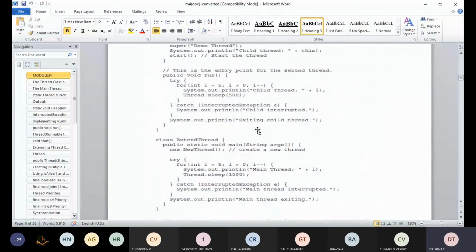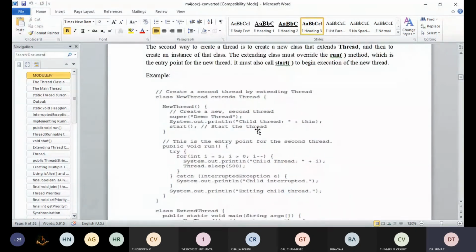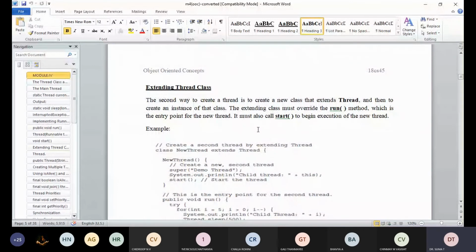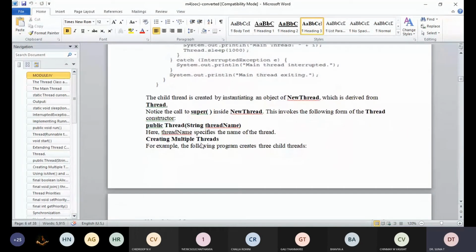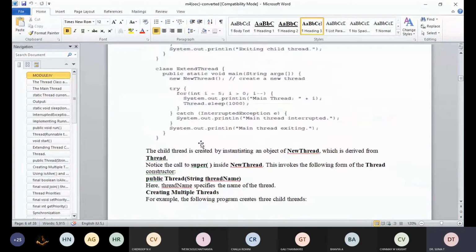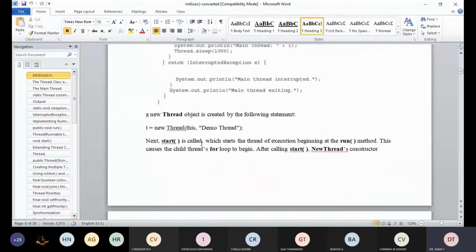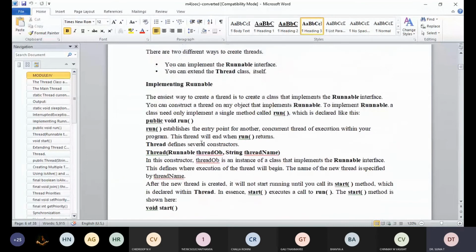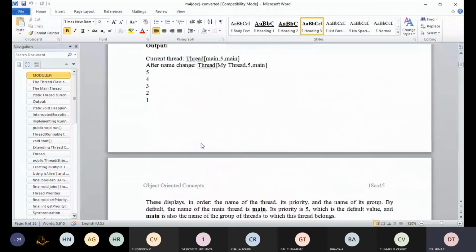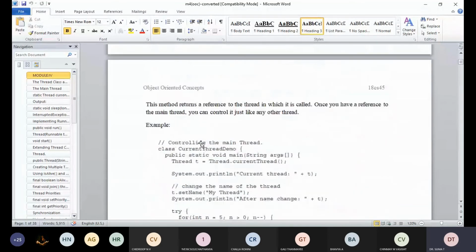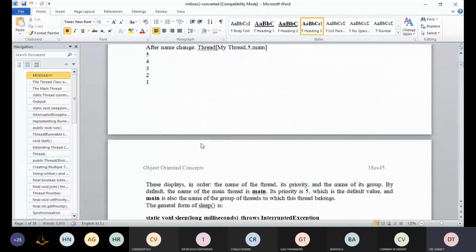In the previous examples, we used the Runnable interface and extending the Thread class, right? So with the first method, the Runnable interface, we have created the multiple threads.